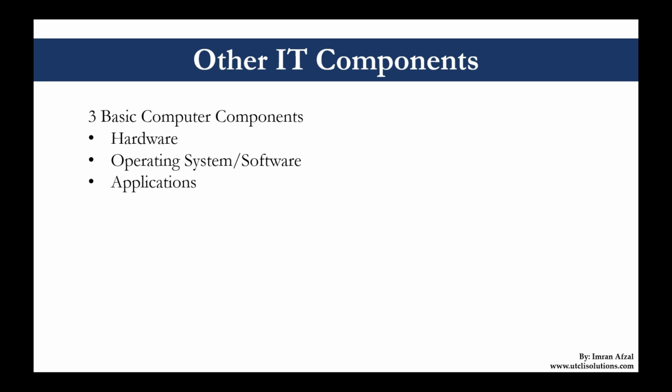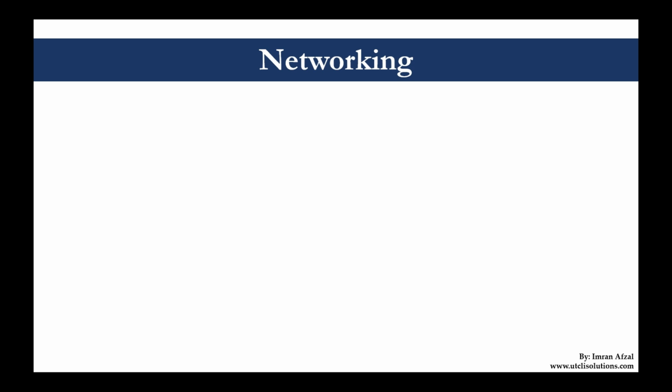For example, one of the things that you want to do is you write up the application, or you open Microsoft Word, you type up an application or letter, and you want to send it to your friend. That friend is using a different computer. So definitely that's where the other components come in, and that component is the networking. So you do need a network between computers to talk to other computers. So in this lecture, we are going to cover the networking piece.